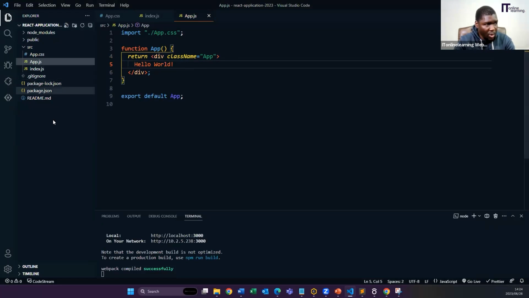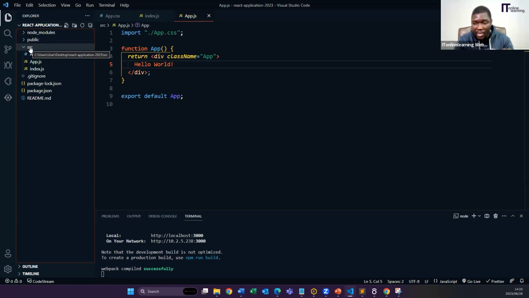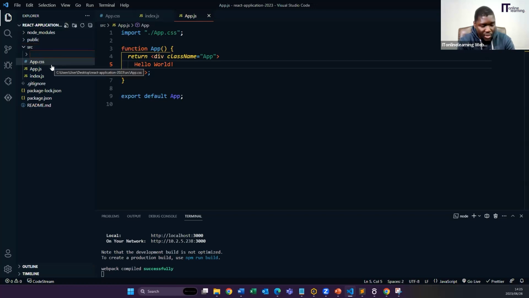we now need to create some components. So components in React, it's like everything you create inside the component. So for example, if you have a navigation, that's a component. If you have the body section, I mean the middle section where you talk about the achievements, you talk about skills somewhere else on your platform, those are components. So what you need to do is just create a folder here, say components,